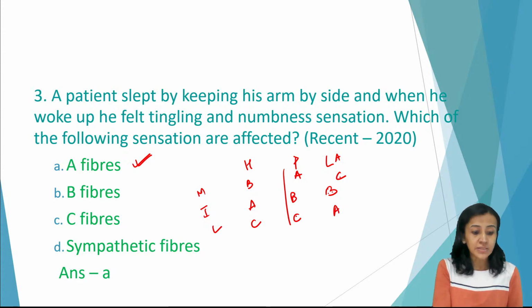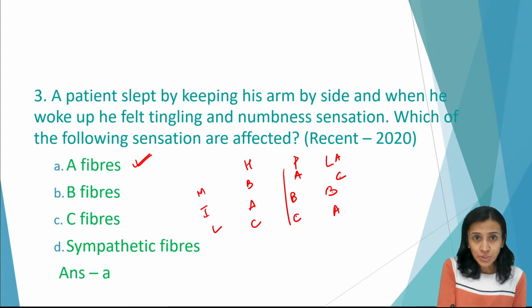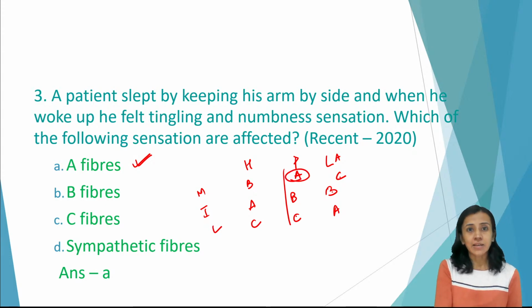So which fibers are susceptible to pressure? Because the person is sleeping by keeping his arm by his side, what happens? There is pressure given on the arm. So when pressure is given,